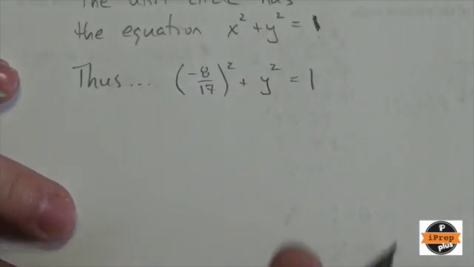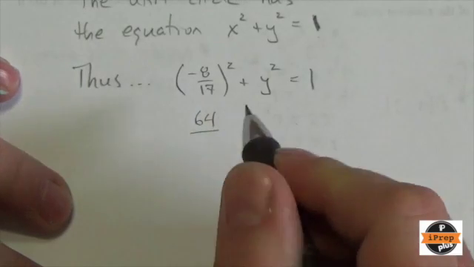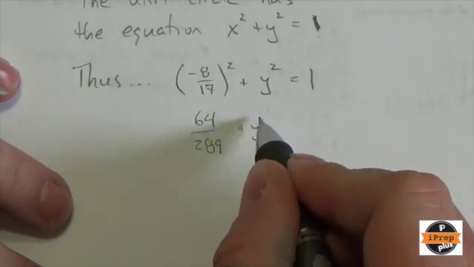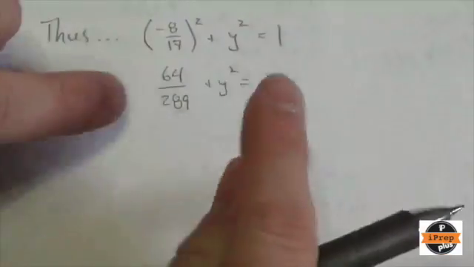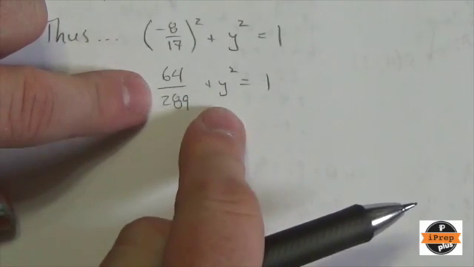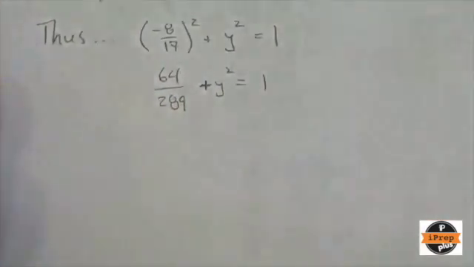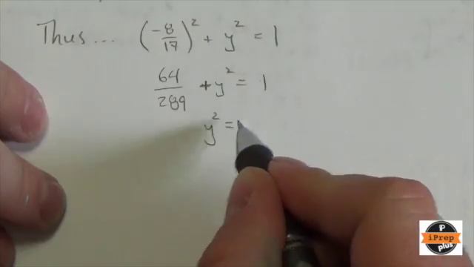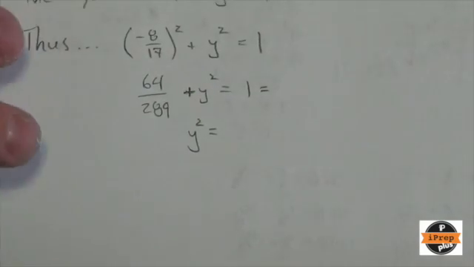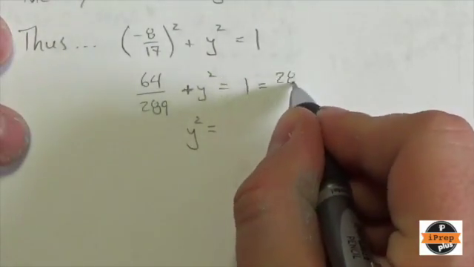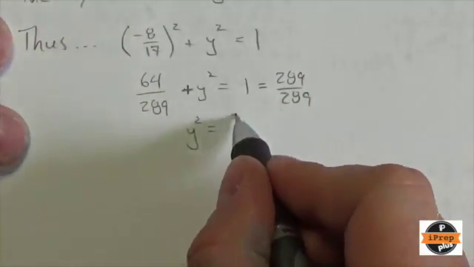It's actually a really nice little equation there to solve. Negative 8/17 squared will be 64/289 plus y squared is equal to 1. And now I'm going to bring that numerical value over here. I've got 2 terms here. There's my unknown in this particular term. So I need to move the other term over. It's positive on this side, so I'm going to subtract it from both sides. And that'll get me y squared is equal to, well 1, and I know that not everybody loves to work with fractions here, but just bear in mind that 1 is simply going to be 289/289. So when I subtract 64 from both sides, I will get